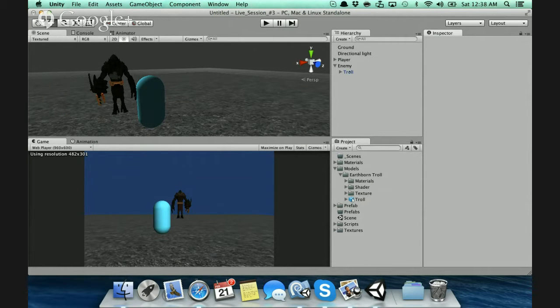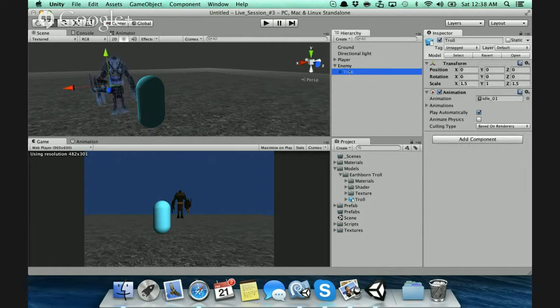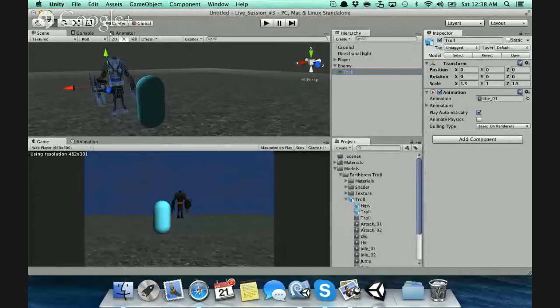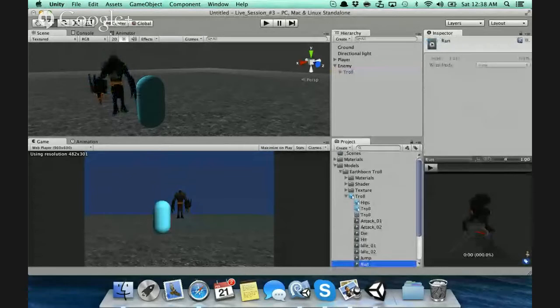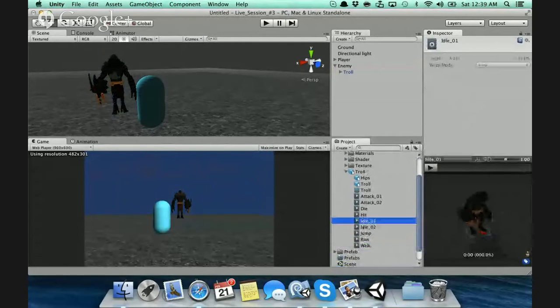We have our enemy there, and he has some animations he needs to play. For instance, he needs to be able to walk, right? From the looks of it, these animations are legacy, which isn't a problem. I'm going to just use the legacy, since that's what they are. The reason I know is because it says wrap mode, so it means they're not necessarily set up by default for Mecanim. So we're going to use the legacy